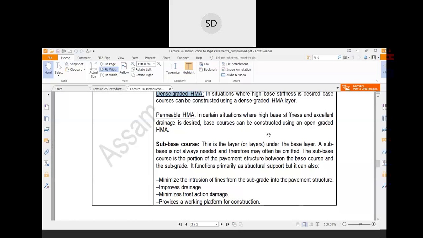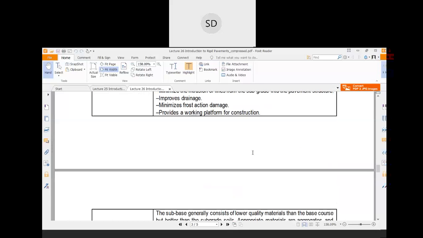The main function is to minimize the intrusion of fines from the subgrade into the pavement structure, as in the case of the flexible pavement. It improves the drainage, it minimizes frost and frost action damage, and provides a working platform for the construction of the